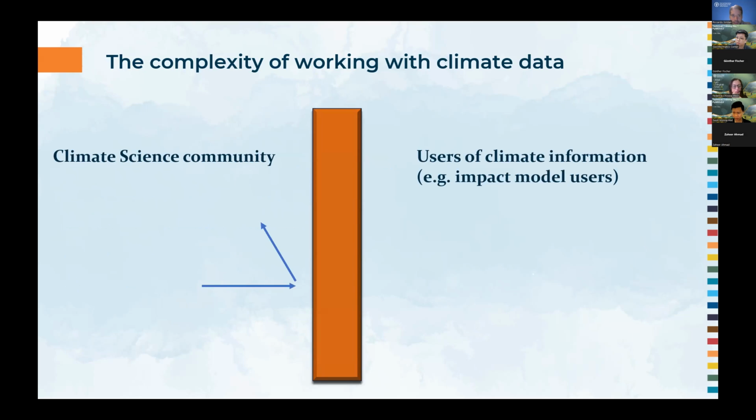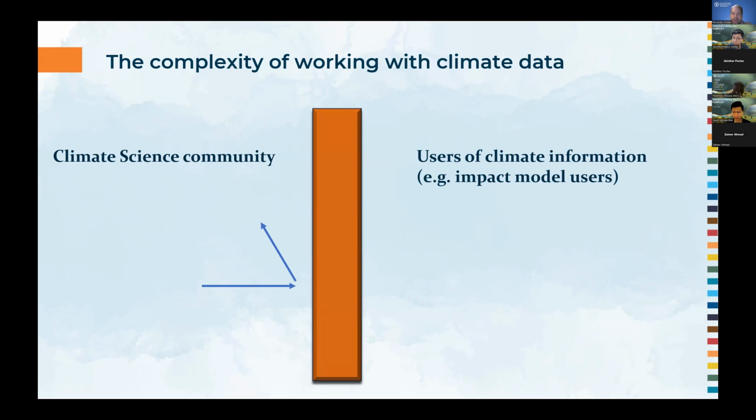So this is a little diagram that shows, very close to reality in my opinion, that the climate science community, which includes climate scientists and even climate modelers, develop these models. The data is publicly available, but even though it is publicly available, the usage of the climate data remains difficult.